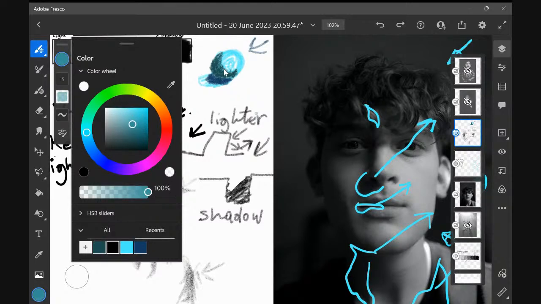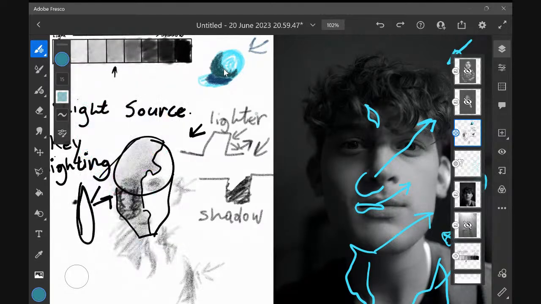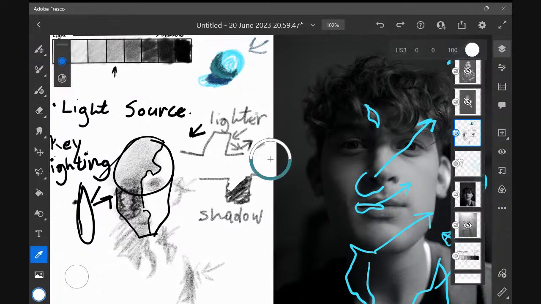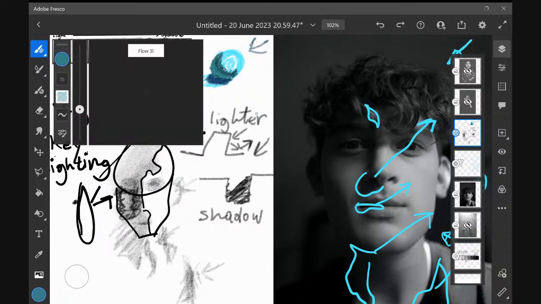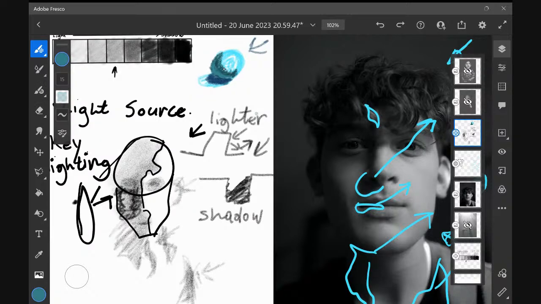Now, notice it's still not as light as my lightest light, but it's a little lighter than the darkest darks. And what you'll have is a sort of reflected light or reflected shadow thing going on here. Right. And that's a super important technique if you want to get into a little bit more realism. Take this down. So if I blend these together a little bit,